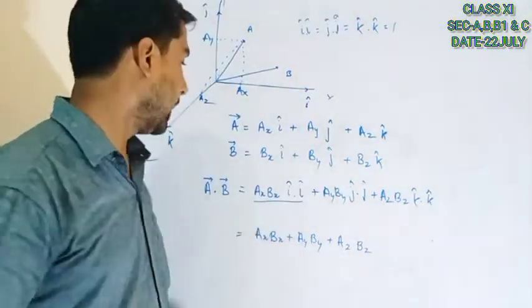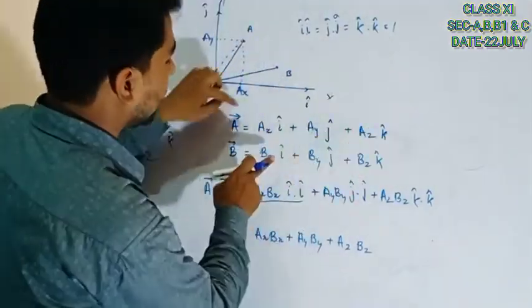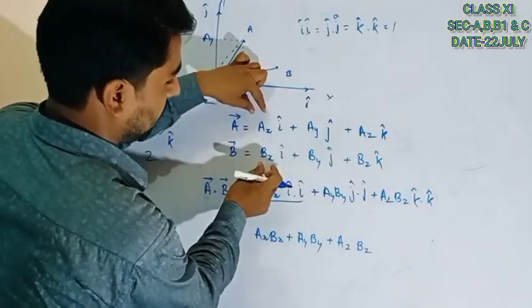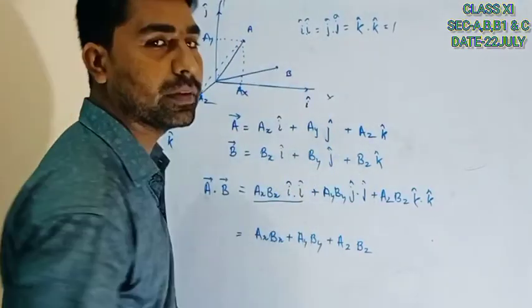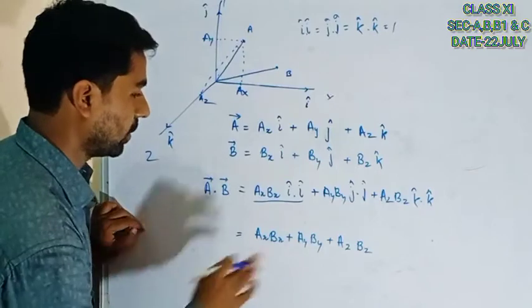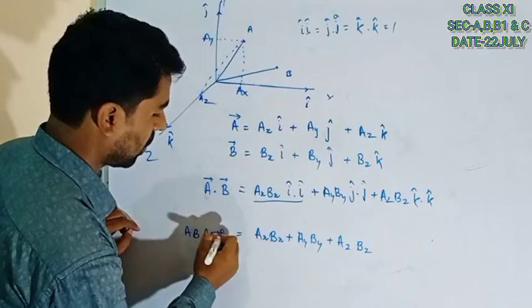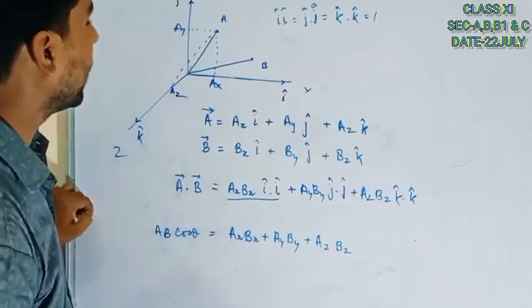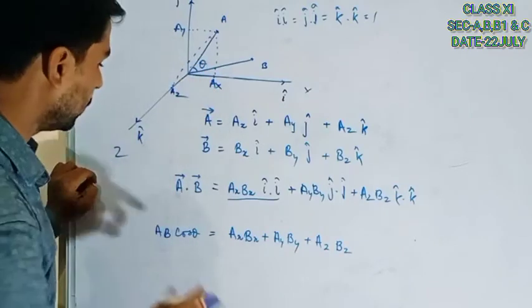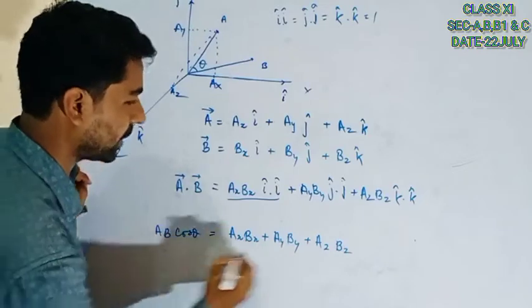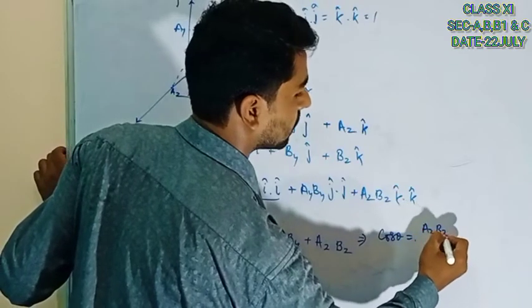Now if you are going to multiply two vector quantities with the dot product, don't look at all the factors, only put ax bx, the magnitude with i, magnitude with j, and magnitude with k, and the rest of them will be 0. So here a dot b, or we can write ab cos theta on this side. Now we are going to calculate the angle between these two vectors. Suppose this is theta. a dot b is equal to ab cos theta. So what we can write here? Cos theta is equal to ax bx